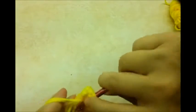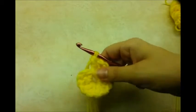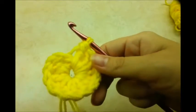8, 9. Okay, I went ahead and let my dog out, and then I went ahead and finished my 12 double crochets,